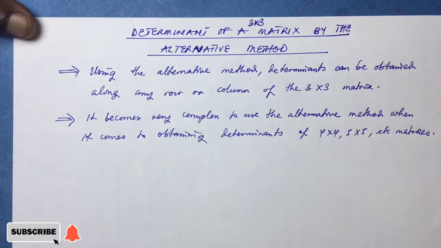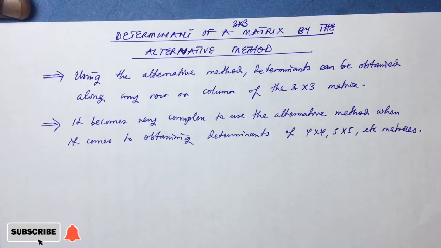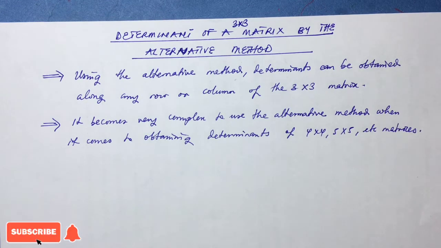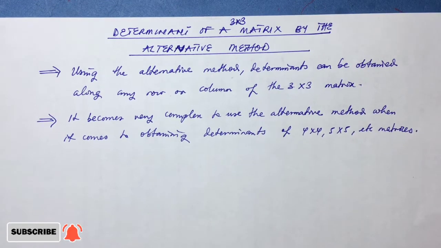Okay? So when you want to start obtaining the determinant of 4 by 4 matrices, 5 by 5 matrices using this method we are going to call the alternative method, it becomes very, very difficult to get, okay? It becomes complex. That is not to say it is impossible. It becomes complex to use, unlike Sarus's method, which is still efficient for obtaining 4 by 4, 5 by 5